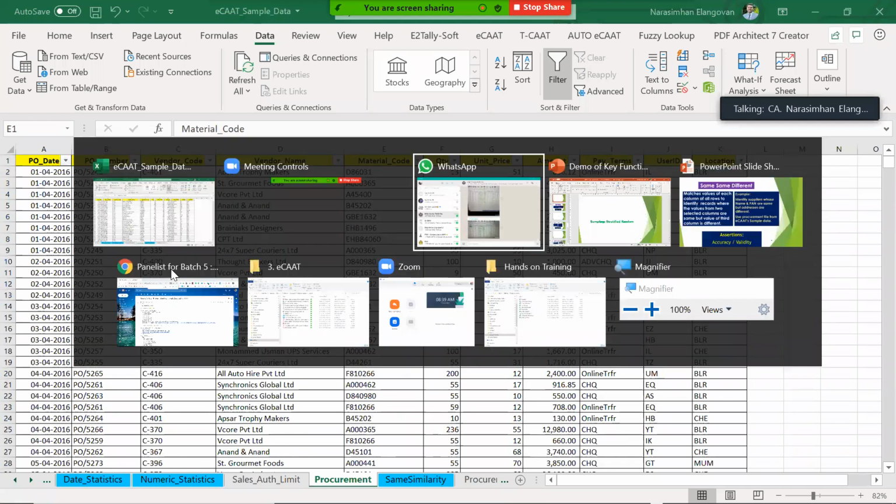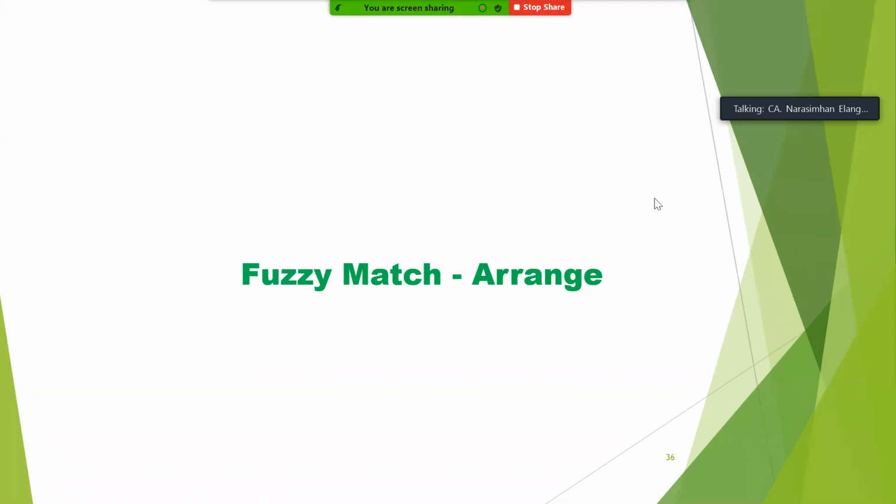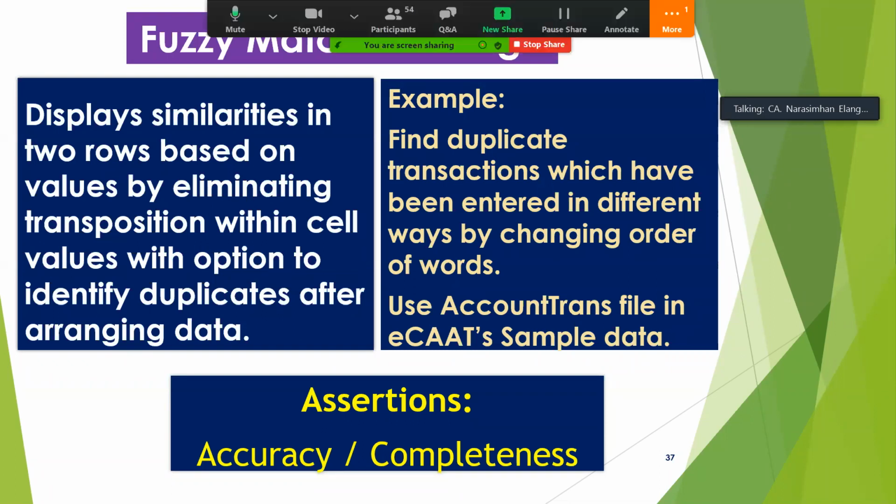Okay, so let's quickly move further. Same different I took you through. Next is fuzzy match. This is something which I really like. This concept is called fuzzy match. Fuzzy match is a situation where certain items display some sort of a similarity, but they have done some sort of transposition, especially in the invoice number. Assuming you're passing procurement data, sales data, etc. Let us say that you are doing some matching in terms of